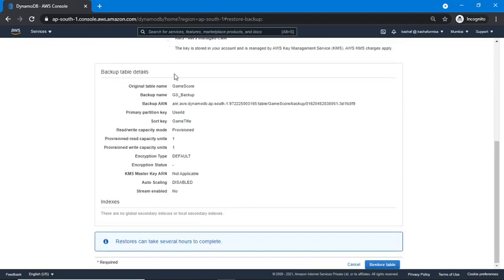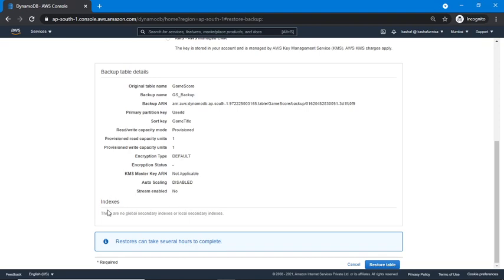So you can see your backup table details. The original table name was game score, the backup name was GS backup, and here is the ARN of my backup. Partition key and sort key will remain the same for both tables, and you can check all the read write capacity settings here.